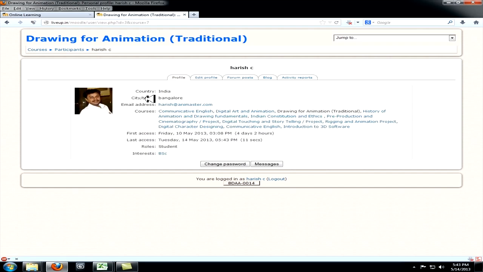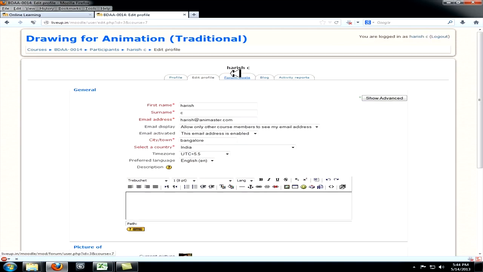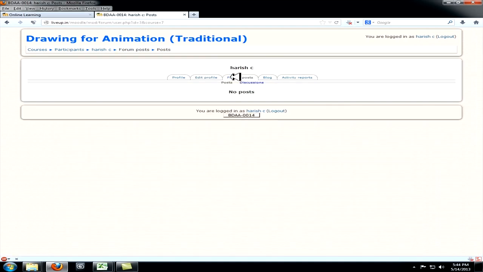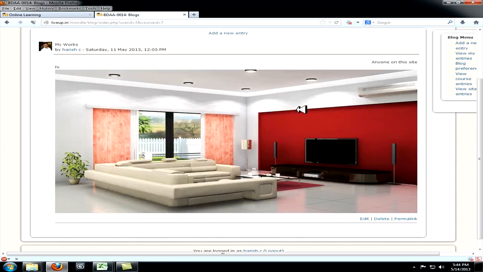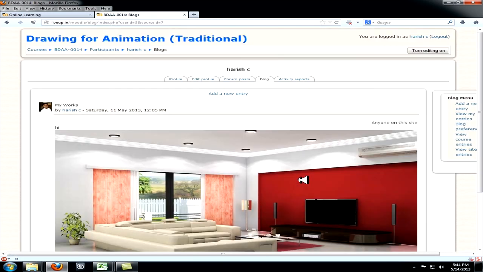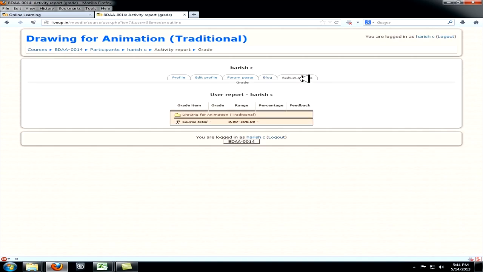And as a user you can edit your profile here, and you can do forum posting. This is one of the very useful things. And you can also have a blog post, and you can see this particular user has uploaded some of the works here, and also you can find the activity reports of the particular user here.